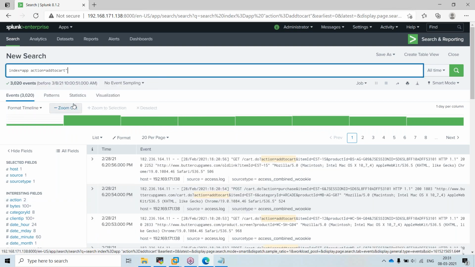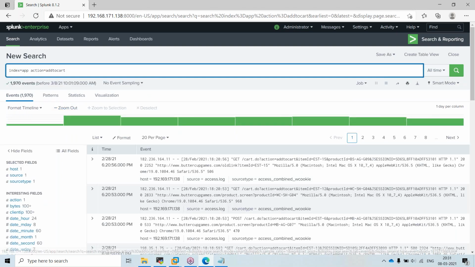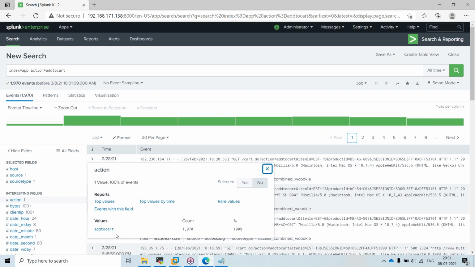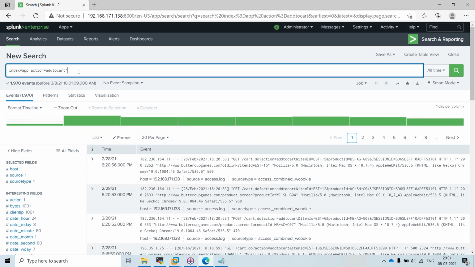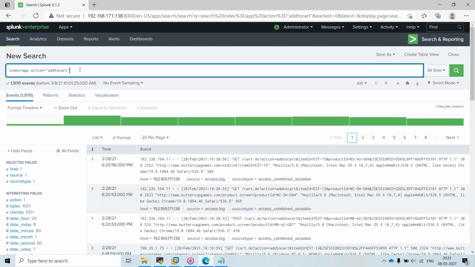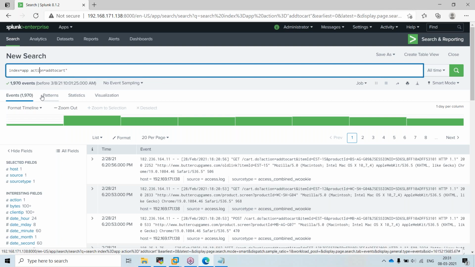So under the action, it has two sub elements, looks like. No, it should be only one. Now I will tell you why. When I give action is equal to, that's what I'm telling, the quotes. If I give it like this, it will search only action equal to add to cart. If I put the quotes around everything, it will be treated as a string.